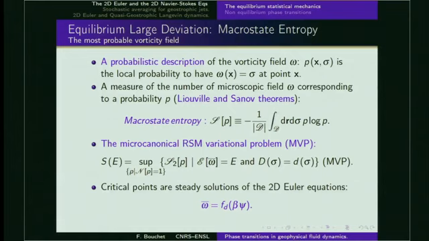So in many cases, these problems lead to what we call ensemble inequivalence, in the sense that the constrained variational problems, which correspond to microcanonical ensembles, are not equivalent to the unconstrained ones. So basically, there are more equilibria in the microcanonical ensemble than in the canonical one. So usually we have to take into account explicitly the constraints and to solve the constrained variational problem. Yes?